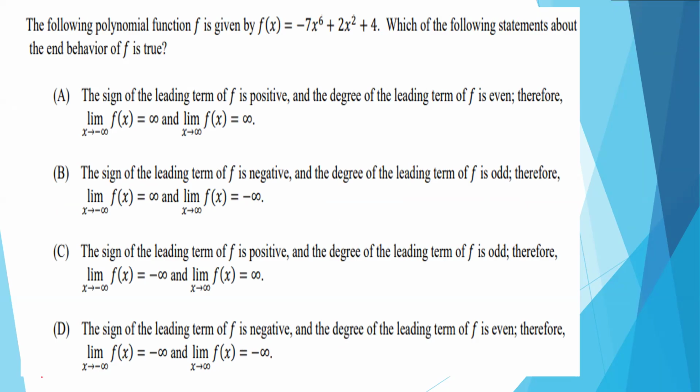Finally, it's negative. The degree is even, so it's what? Negative and even means it's going down, down. So negative infinity, negative infinity. Okay? All righty. Stop this here. All right, this is a fun